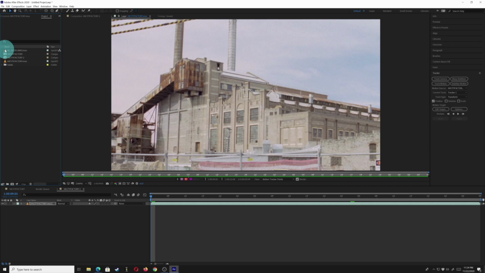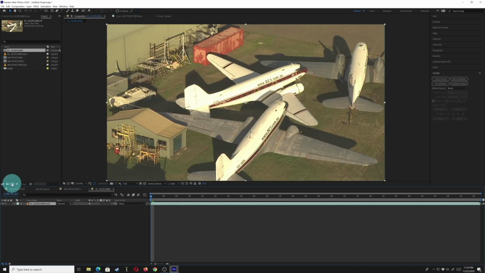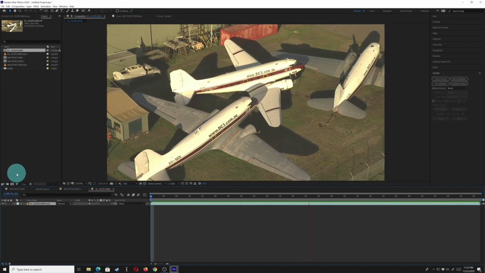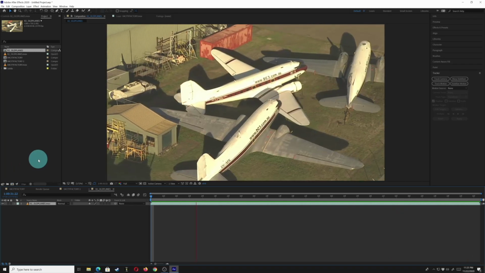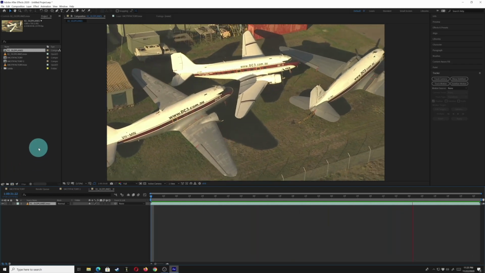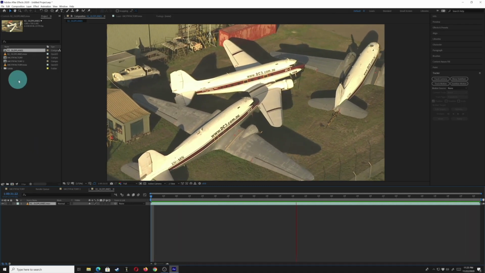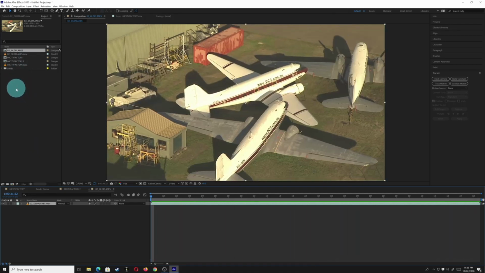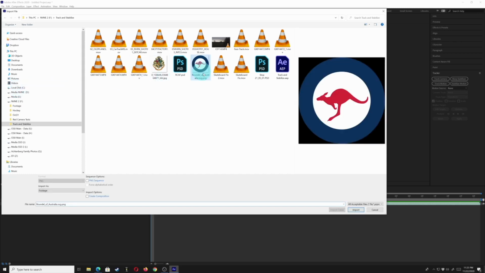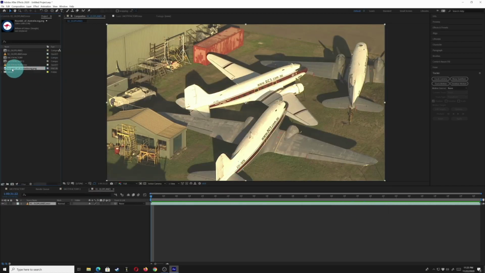So what I'm going to do is use this old warplanes footage, just the footage of some planes. I haven't gone to the website dc3.com.au, but since it's Australian, I did get a graphic. Believe it or not, this is the Australian Air Force logo. Ours is a maple leaf, theirs is a kangaroo. So there we go. Now I'm going to try to put this onto